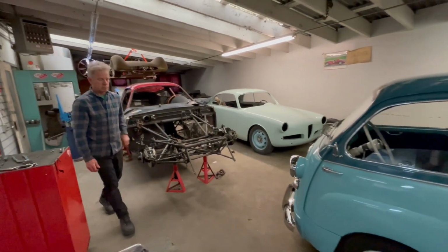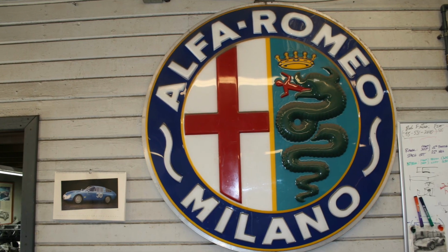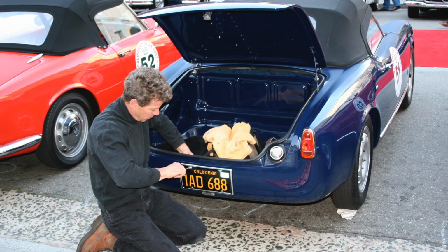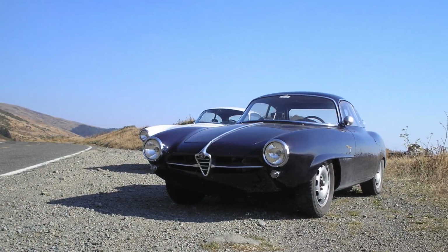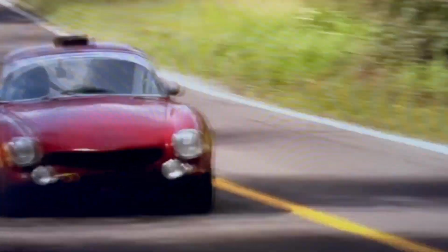The name Conrad Stevenson is widely known for the restoration and racing of significant Alfa Romeos, from pre-war cars like his 6C2500 to 1900s, Giuliettas, TZ1s, and of course Sprint Speciales, including building and driving this modified SS to a class victory at the La Carrera